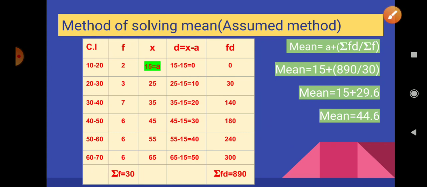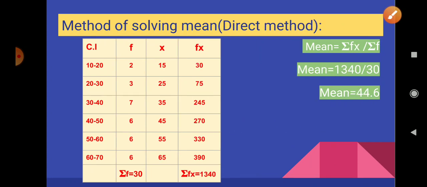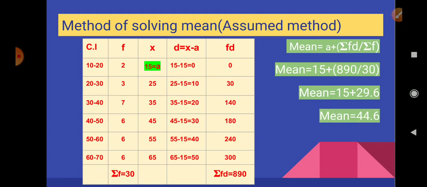What is the indirect method? What we got the answer? The same. Observe here, the same answer we got, 44.6. Here also 44.6, so in assumed mean also we got the same answer. Clear? So we'll go for the last method of solving,